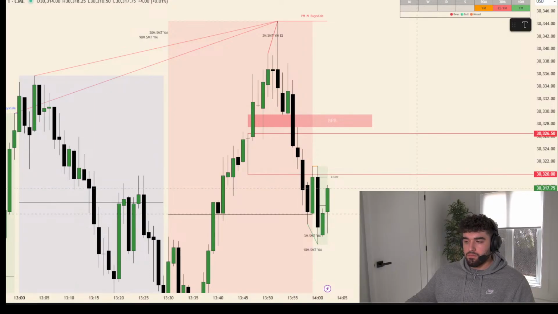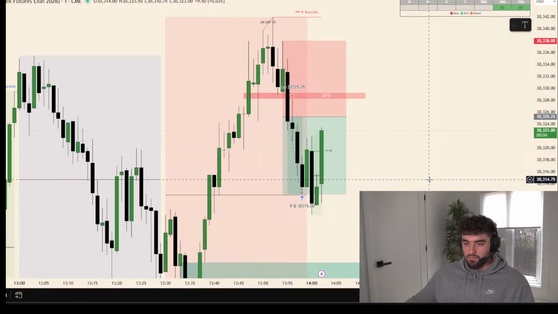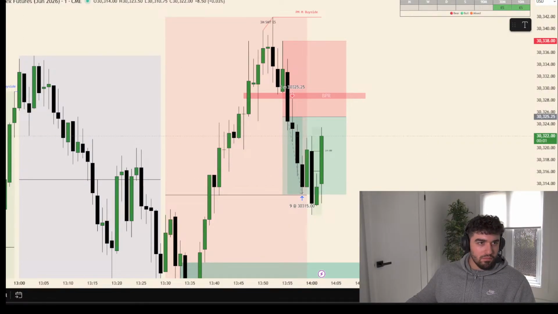Now I can do a short in two ways, but my favorite is change in state of delivery, and I'm pretty aggressive. So I would have entered over here at the close below these two bullish candles on the 15-second chart. I would have entered in at about 33.28.